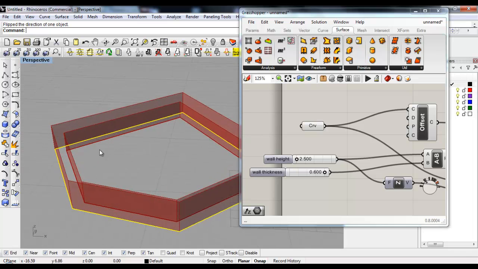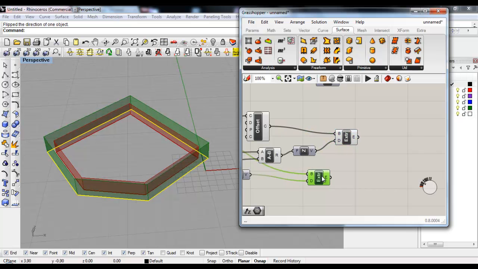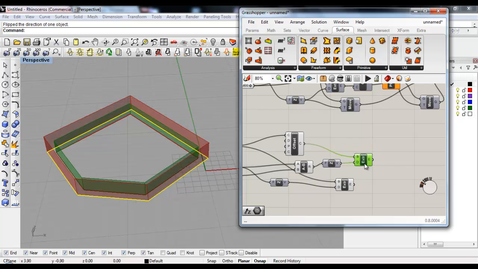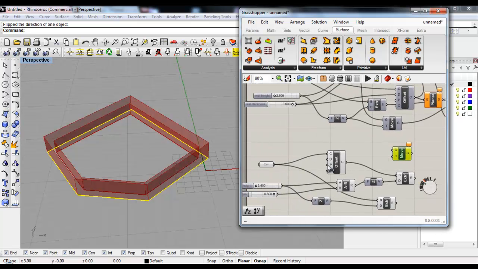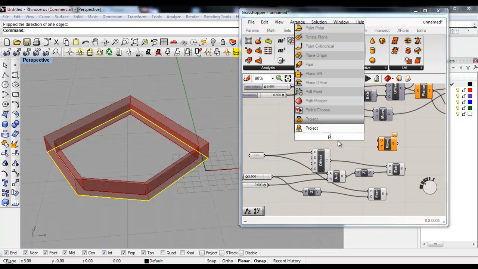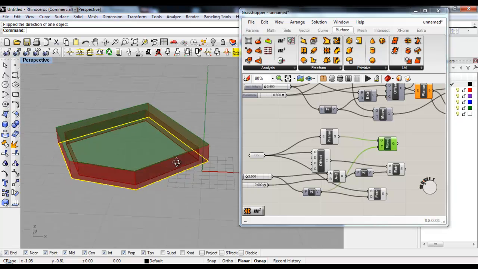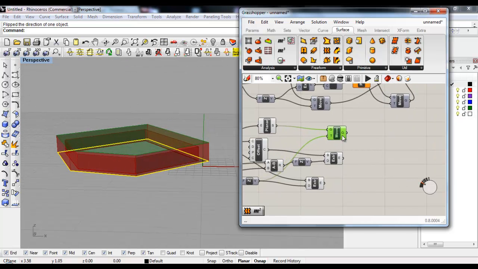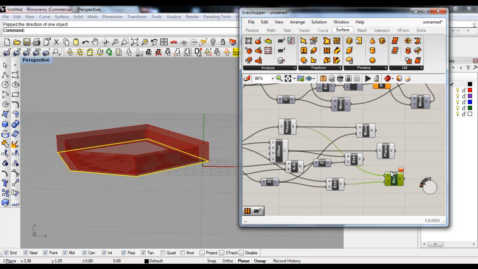So now we see that we have an interior wall, an exterior wall, and now we need to cap these two walls. So what we're gonna do, we're gonna be asking for a move command, where we basically are going to use a planar surface. And this planar surface is going to move up together with the wall. And then another planar surface with the offset, with another move that is going to use the same